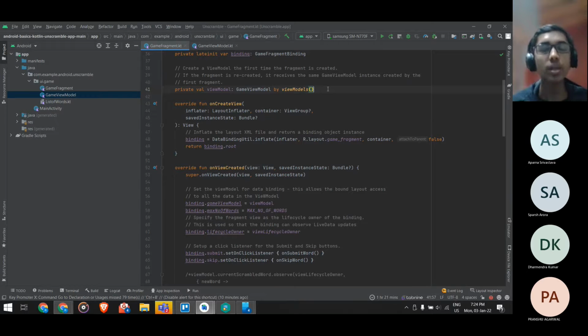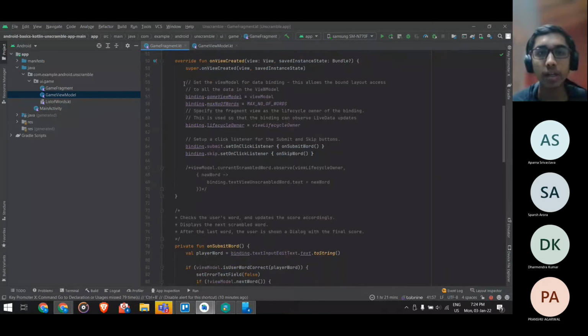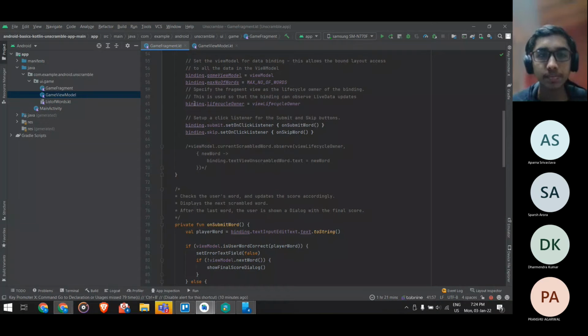If it's handled by the activity, then it's going to get destroyed again when the activity is destroyed. So there's no point to that. So we have to delegate it to some other class that is separate from the activity. When you see in your on view created, first we say that the lifecycle owner is this. Sorry, this is for the live data.